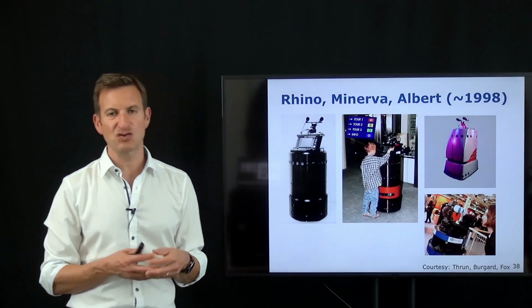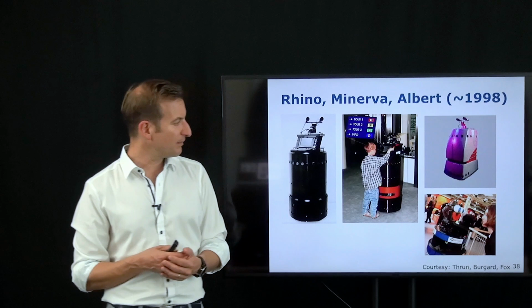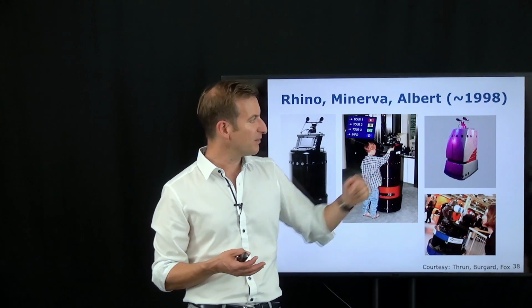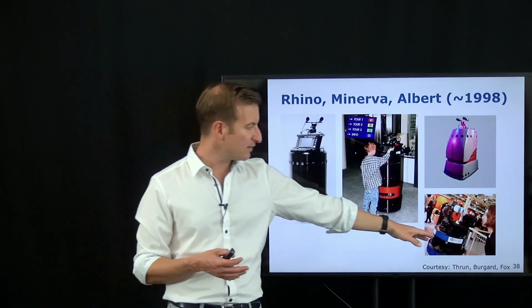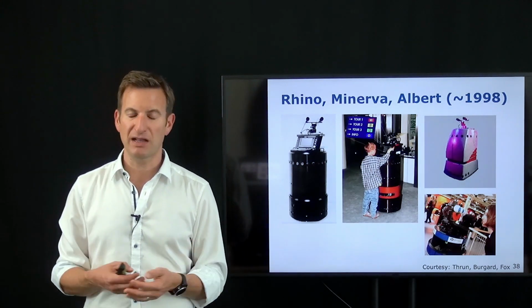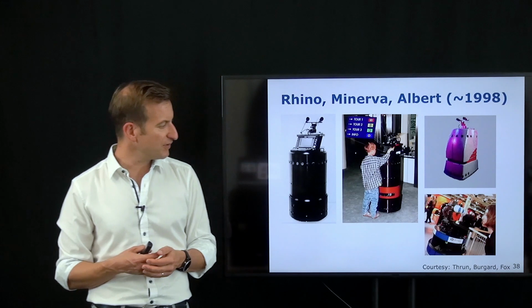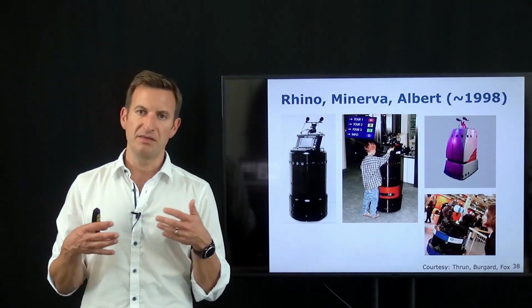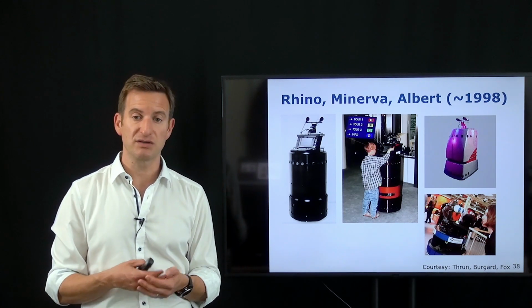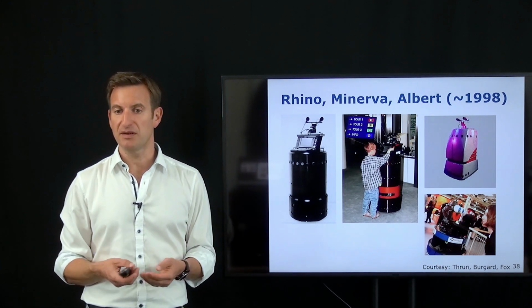I want to start with a slide showing the first robots that actually used Monte Carlo localization. This was the robot Rhino, developed here in Bonn. Minerva, which was a similar platform, also used as a museum tour guide, and then later the robot Albert in Freiburg. These three robots made Monte Carlo localization popular, with initial developments here in Bonn, then at Carnegie Mellon University, and later in Freiburg, building particle filter based localization into the gold standard of localization, at least for indoor localization of mobile robots today,